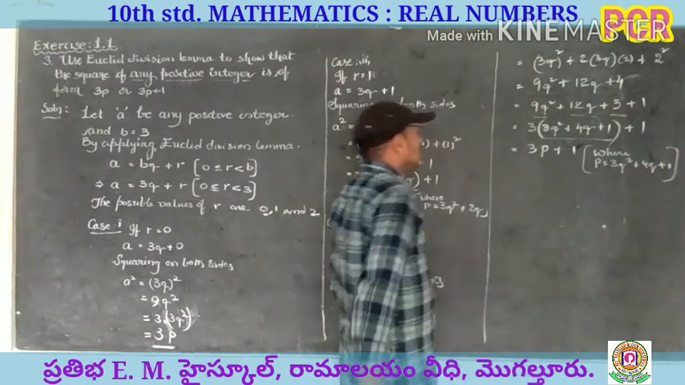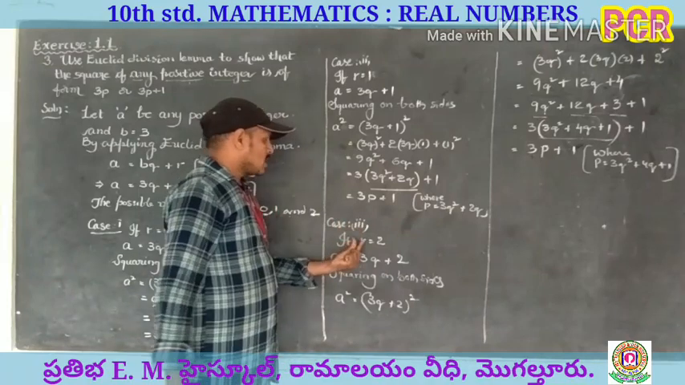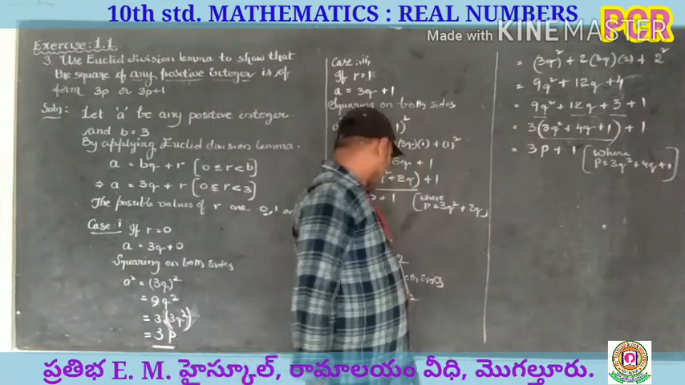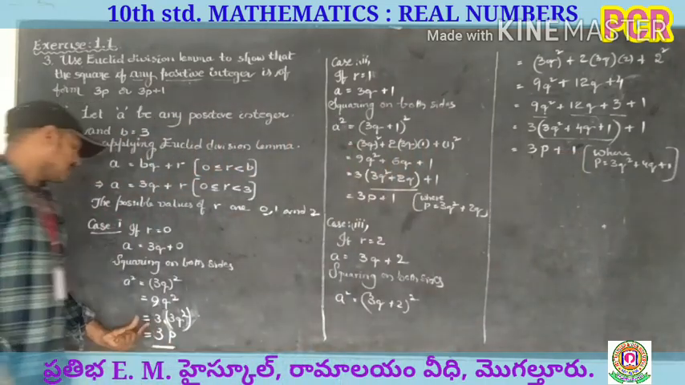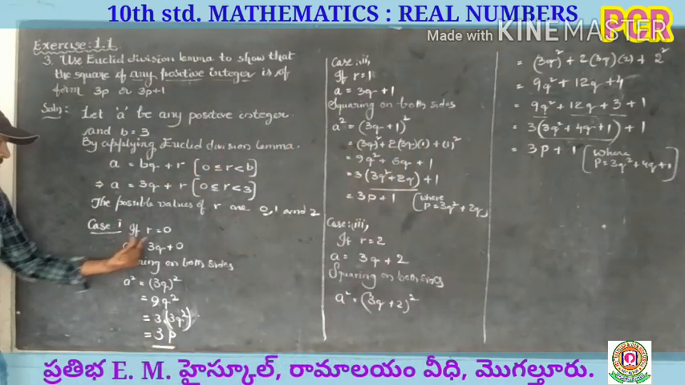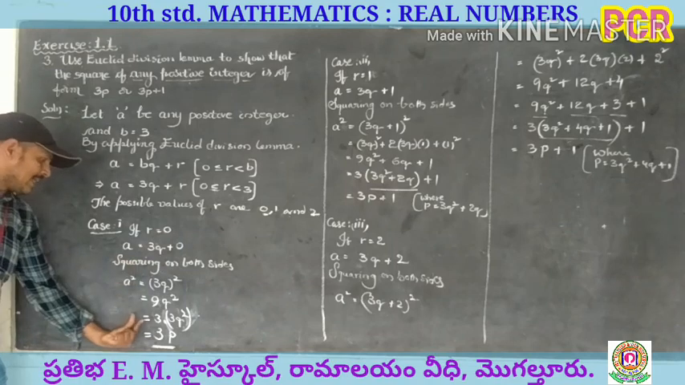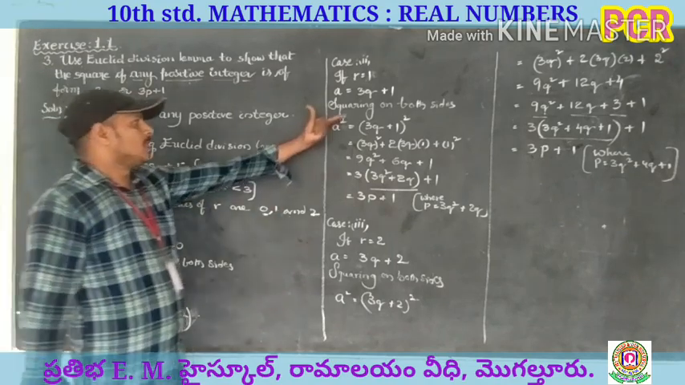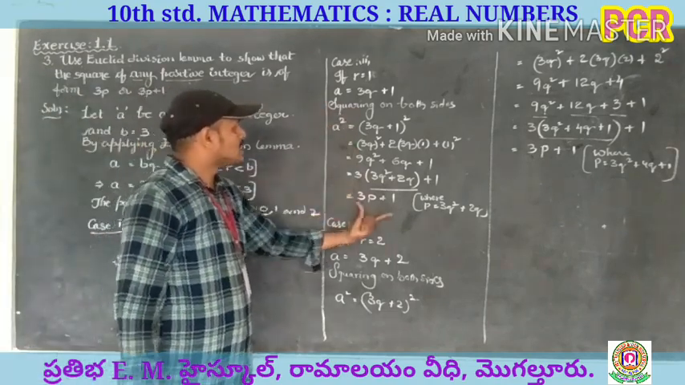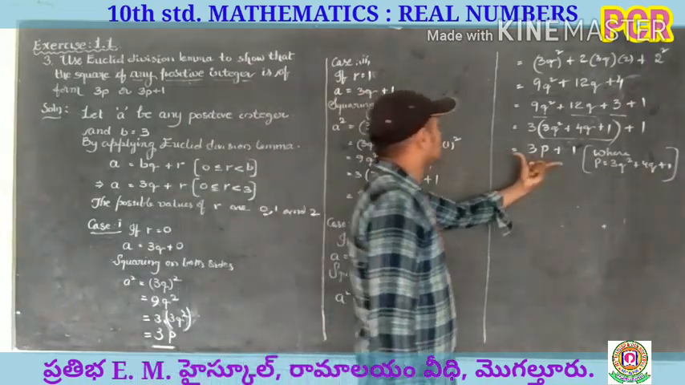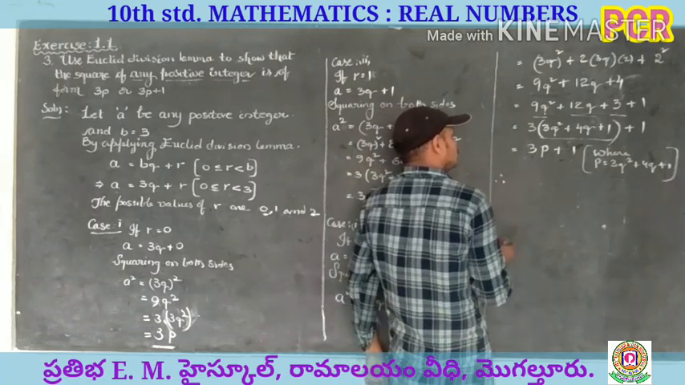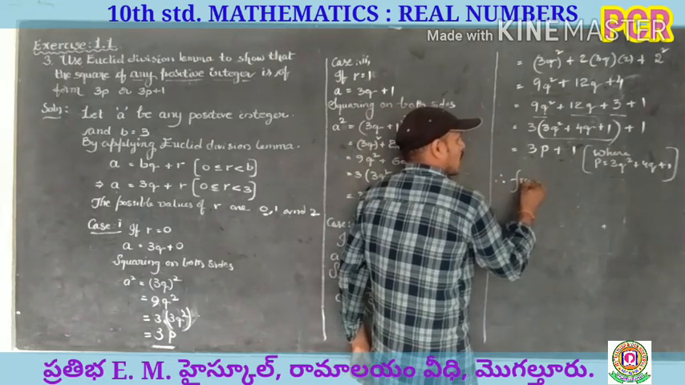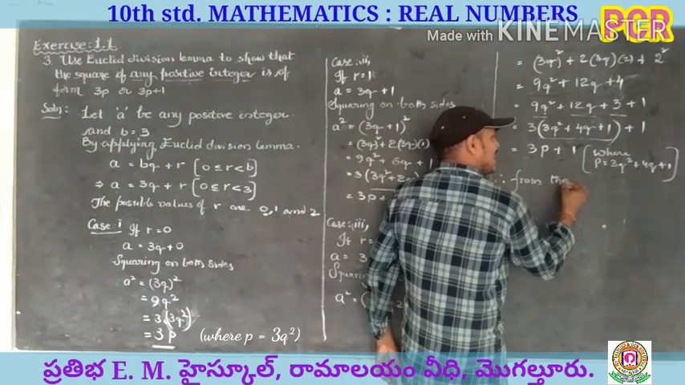That is, in the third case, if r is equal to 2, we can write a square as 3p plus 1. So in the three cases, in the first case, if r is equal to 0, we can write a square as 3p. In the second case, a square as 3p plus 1. In the third case also, a square as 3p plus 1. Therefore, from the three cases,